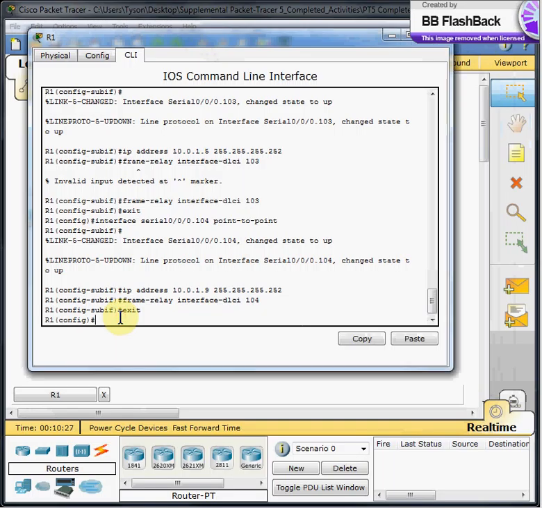I went ahead and got all the rest of that frame relay and IP addresses for the 103 and the 104 put through. So the next thing we have to do is configure the static routing on R1 so it will be able to communicate with the other three. So what we're going to do is route them to different IPs. So we're going to do IP route